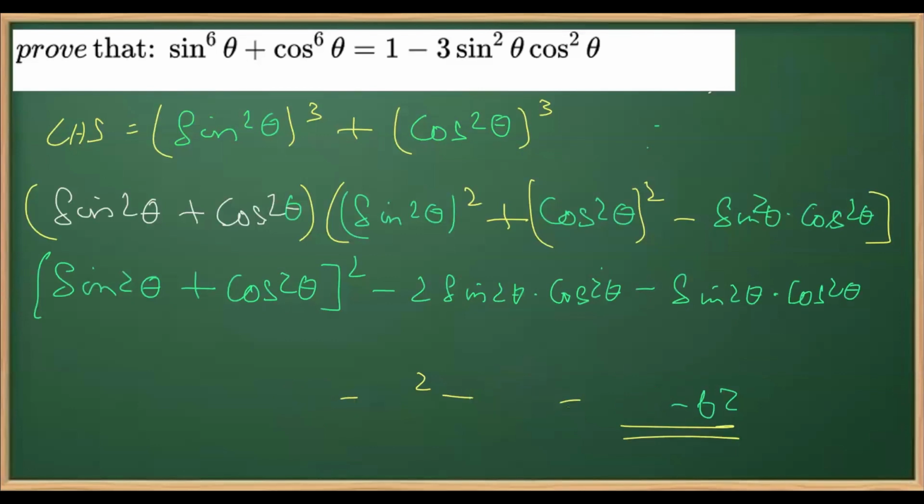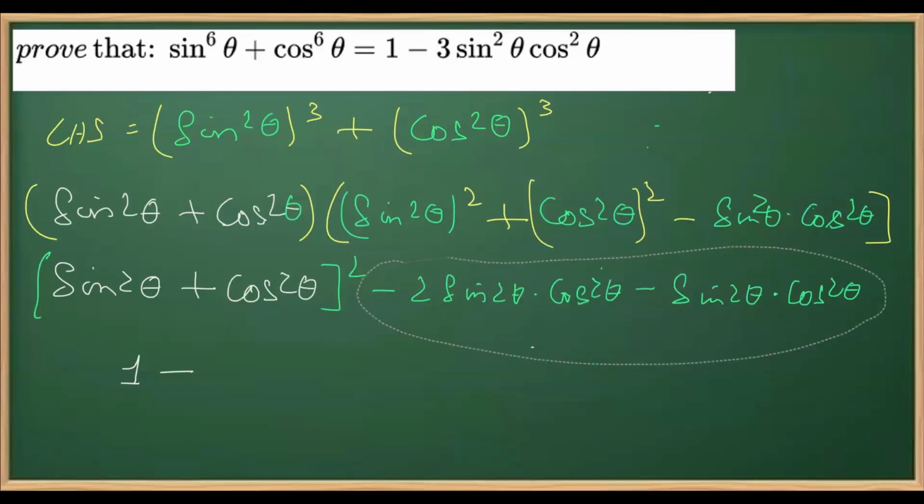Right. So now, same way as we have done this earlier also, that is sin square plus cos square is 1, right? So this time 1 square is there, right? So 1 square is 1. So I'll be writing 1 here minus, as you can figure out for the remaining, you can see from here